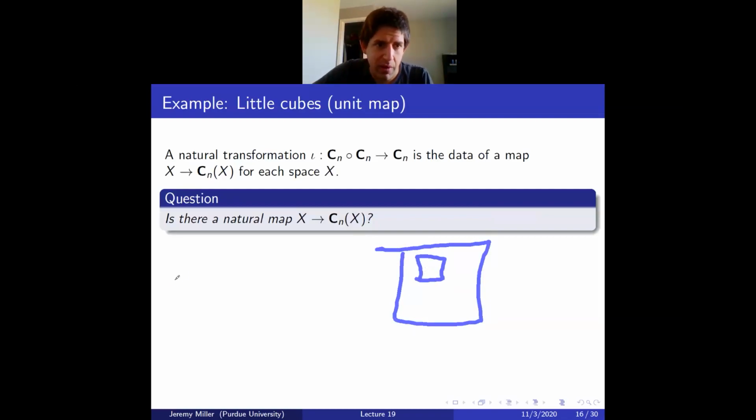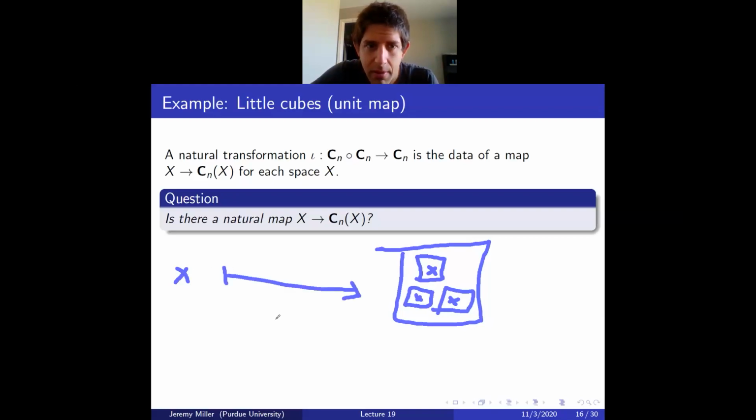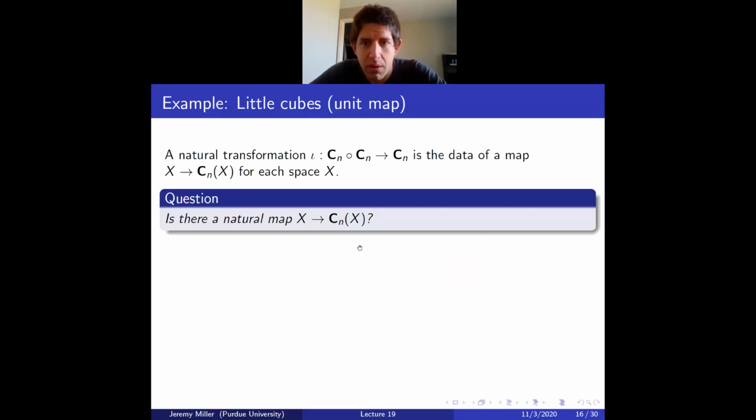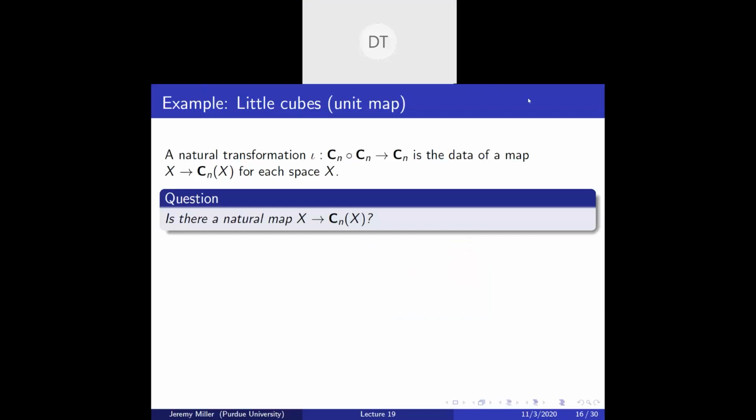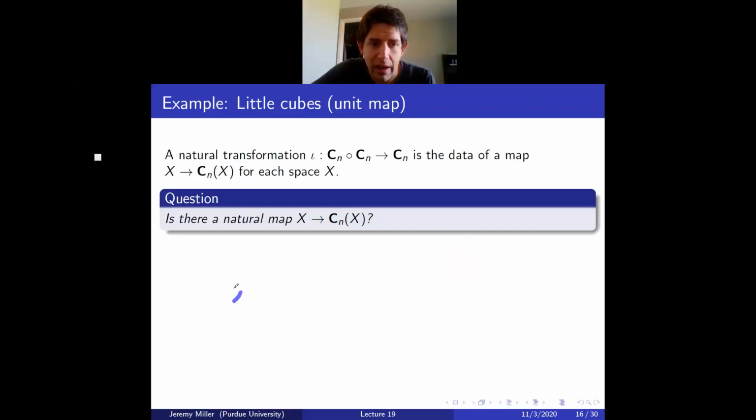So, we have this point X. Maybe we want to send it to that. That's probably a bad idea. Anyone have a better idea of what cube we should send this to? Yeah, so one big cube, like the whole thing, maybe. So the most natural thing you can do is you just send X